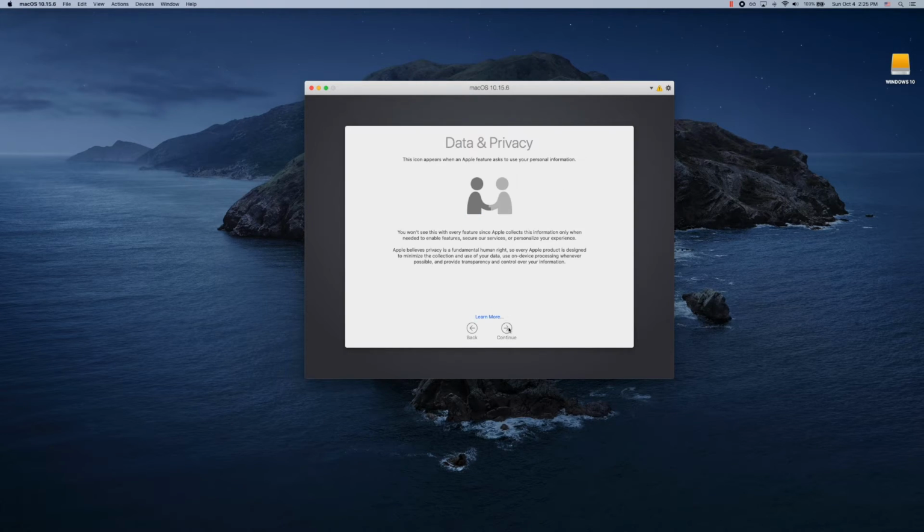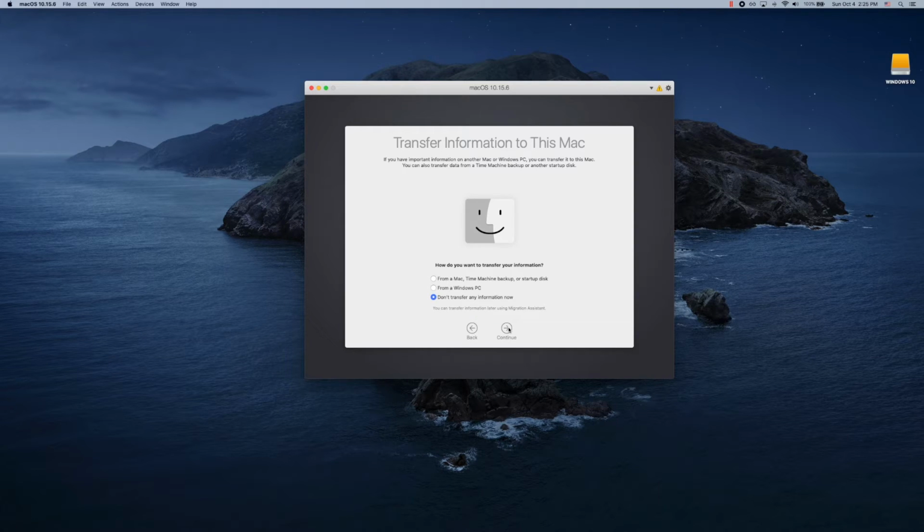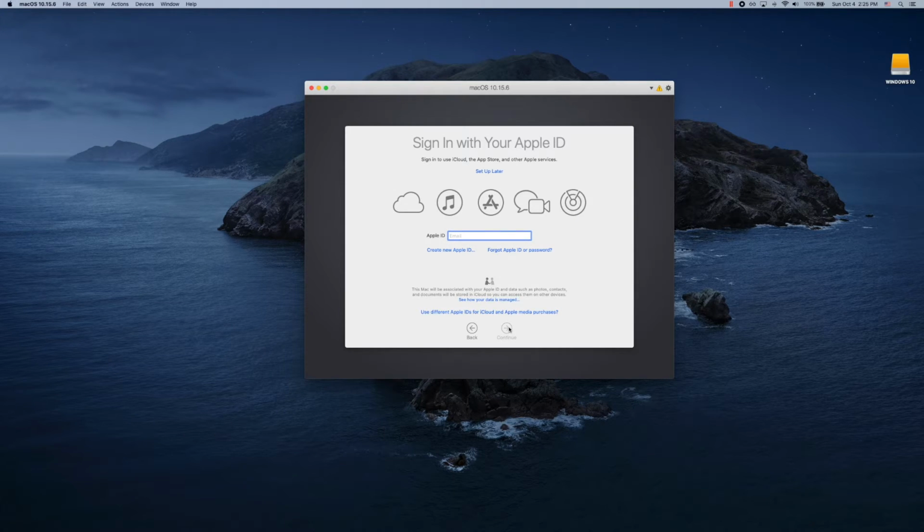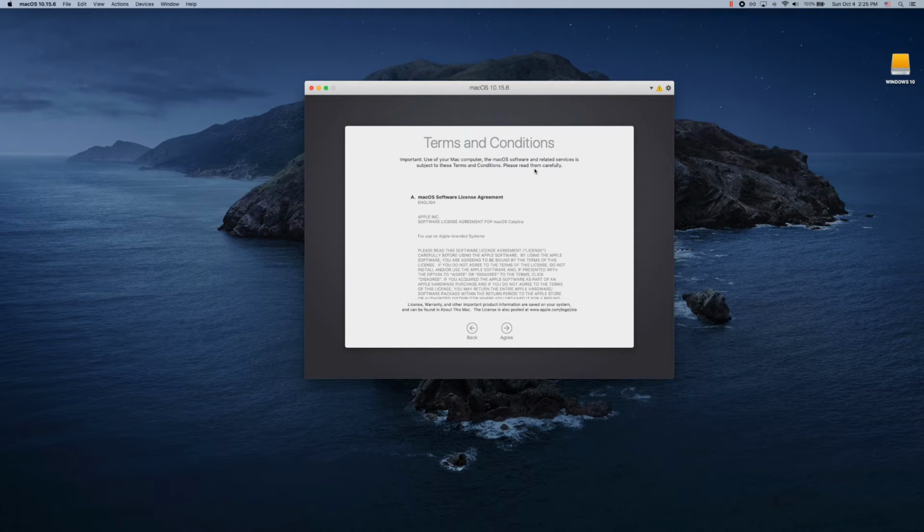And continue again, continue. We are not going to transfer any information to this Mac for now, so just leave the Don't Transfer Any Information option. Click on Continue. We're not going to sign into our Apple account at this point either, so we just skip by clicking on Set Up Later. Skip. We agree to terms and conditions,